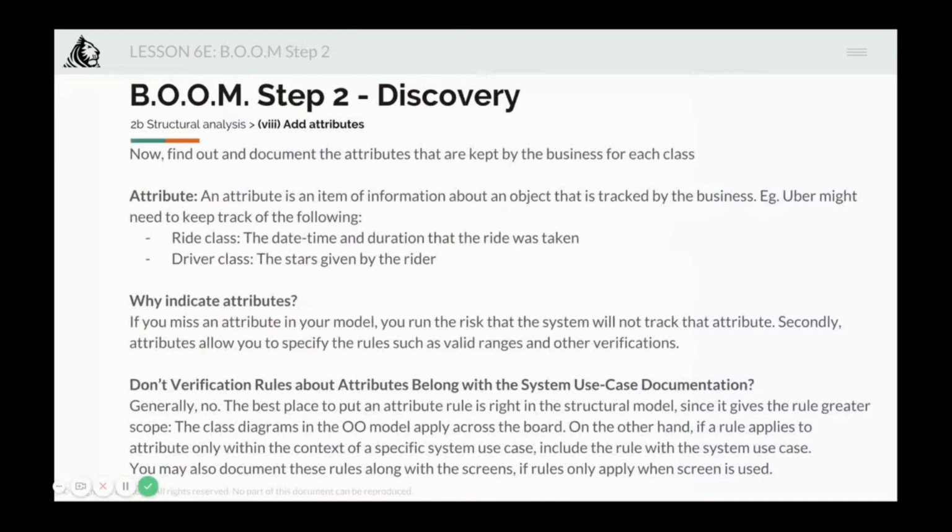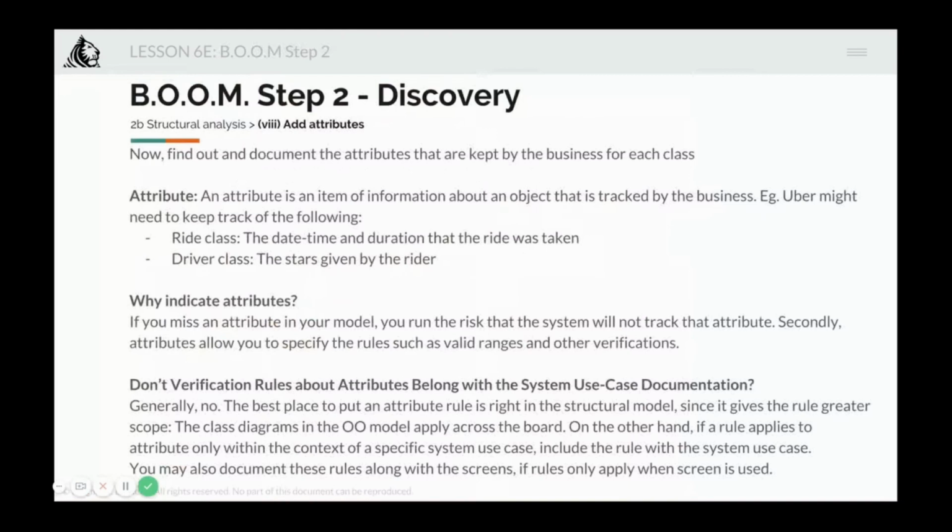Why do you want to integrate attributes? Because attributes are part of the user's contract with the developers. If you miss an attribute in your model, you run the risk that the system will not track that attribute itself, right? And later on, when you want to input, you will not have any data. You will not have any historical data, right? Another reason to indicate attributes is that you then have a place in your model to essentially hang the rules about each attribute, such as valid ranges and other verifications,